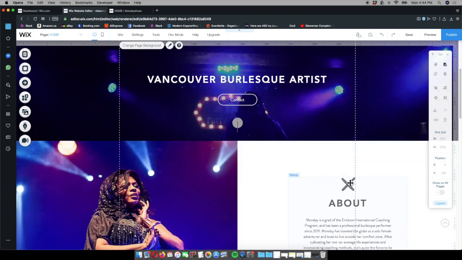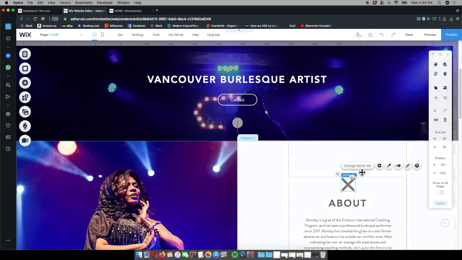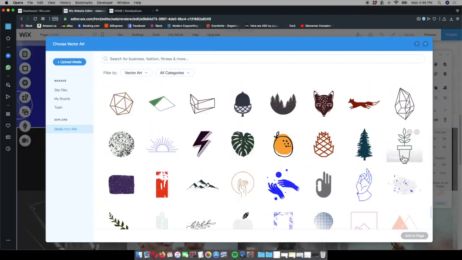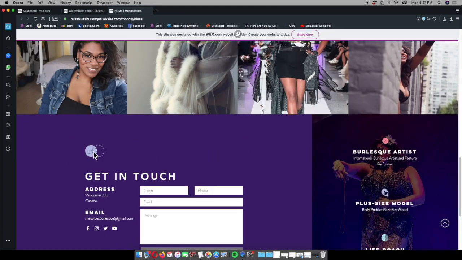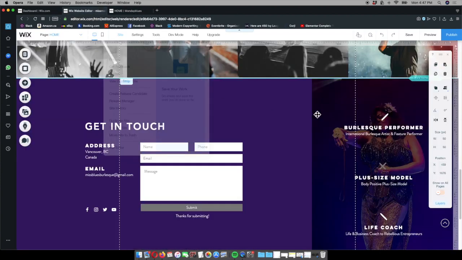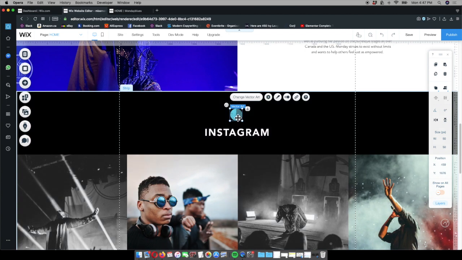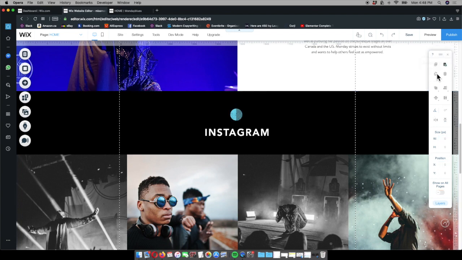I'm just going to work my way down the page, selecting each one of these vectors and changing them out for the ones that I have selected and want to go in their place. You'll notice that there is an additional one that I've added down here on top of Get in Touch. To do that, I'm going to duplicate this one, drag it to the same spot, and change it once it's there. To duplicate, you can either Control Copy and then paste it, or you can just hit duplicate and it'll create another